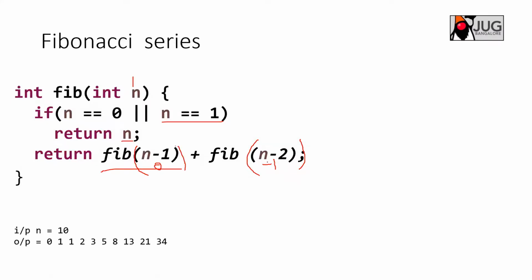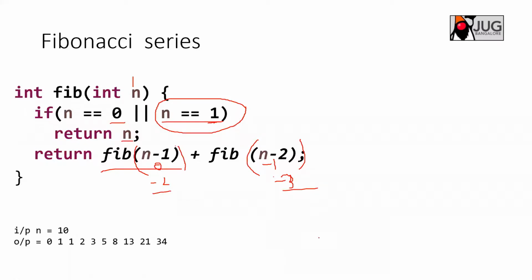But this function call is not 0, so you again call for n minus 1. So it is minus 2 and then again minus 3. And this will not end because it will keep calling until you hit a Stack Overflow. You won't return back, and your program will just terminate. So understand how important it is to add a base condition here, and the base condition is not only 0, but even 1, because you are computing two Fibonacci calls. Adding a base condition is very important here. Otherwise, your program will go wrong.